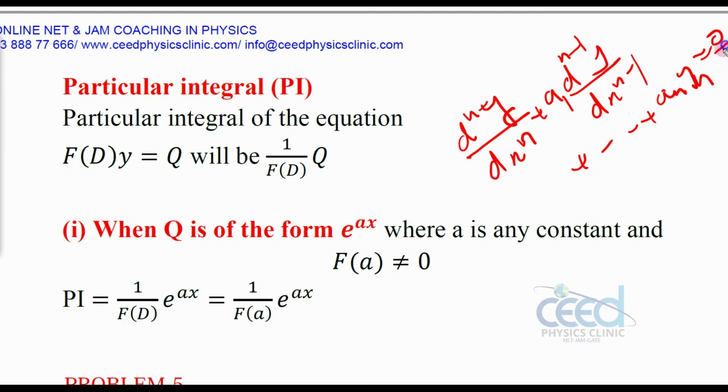Here the right side is 0. Now we are discussing what the solution will be if the right side has a function. For example,